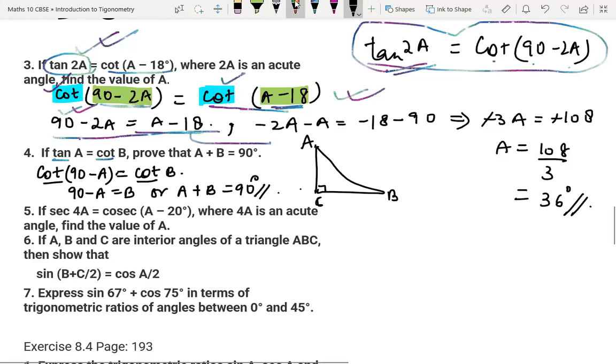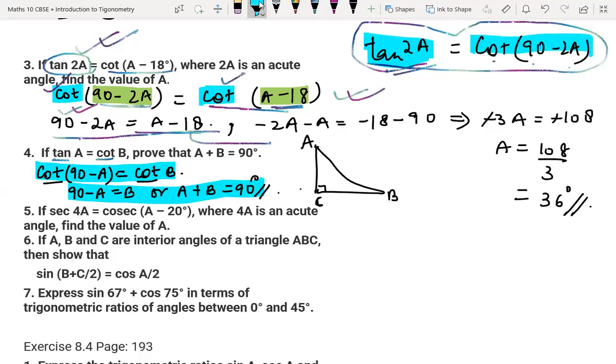Tell me if you're having doubt. I think you people may have doubt, but check. See properly, if you only understand the first line, then the down part is easy for you. First line you understand. Tan A, see here, first concept only, the previous sum. Tan A is nothing but we can write cot 90 minus A. Here it was 2A and here it is only A. That is the only difference.